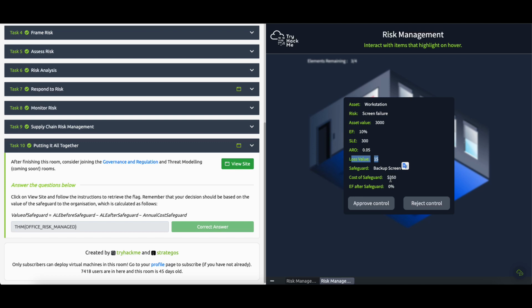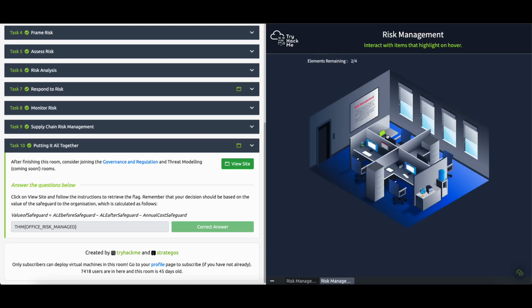It is $250. So we can accept the risk here because the solution is too expensive for us. Here loss value is $15 and cost of safeguard is $250. So here we can reject control,